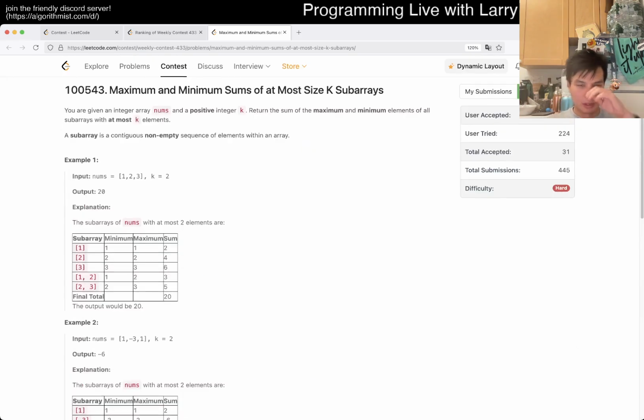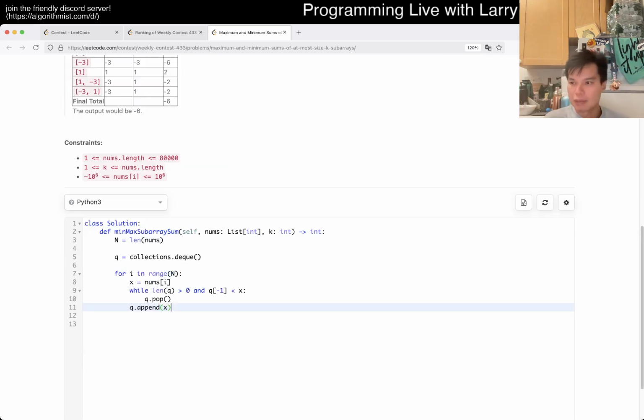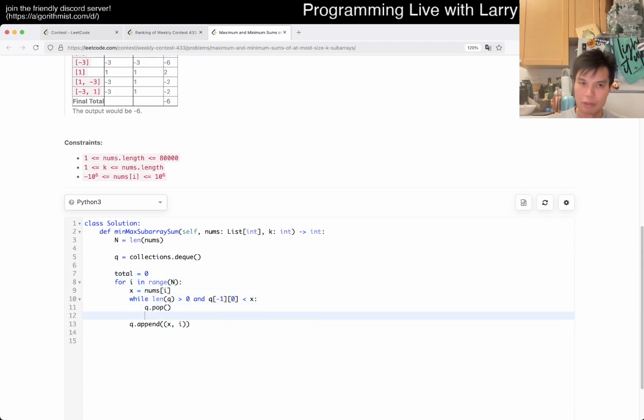Okay, so contribution. So this means that this contribution is just going to be the max only, going up to the previous thing, right? So Q actually should contain two things really, an index. So then the contribution, it's going to be